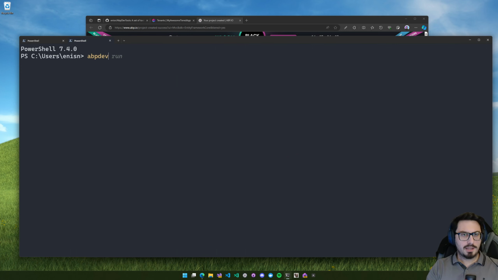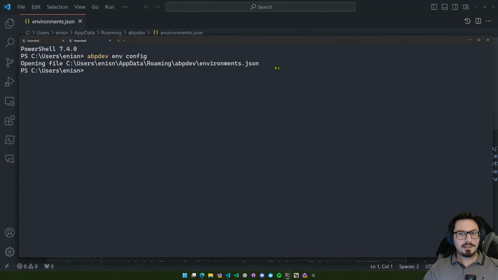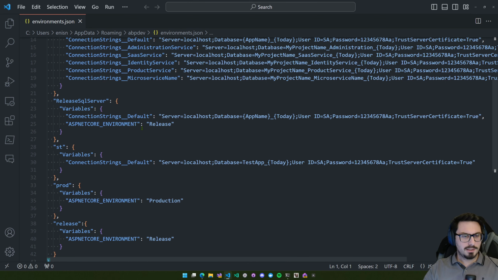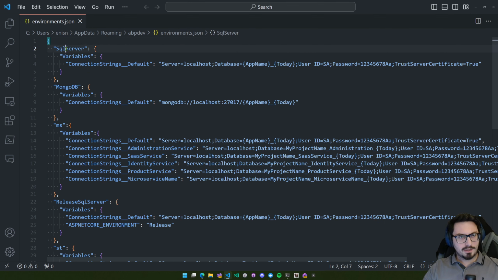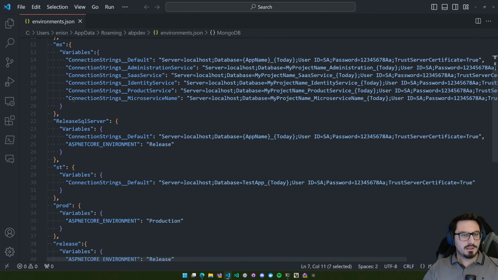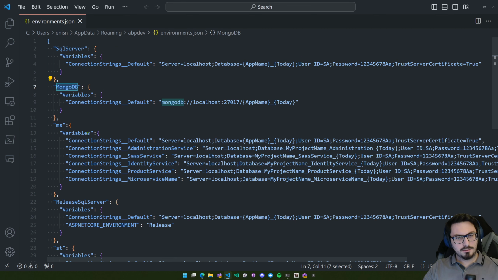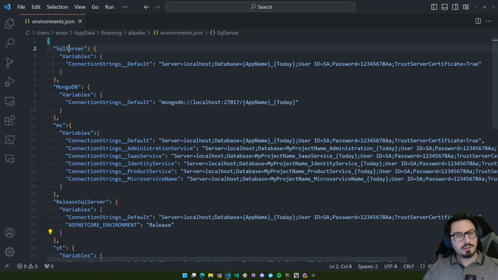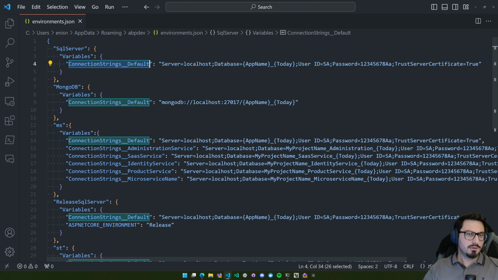So let's take a look at the abpdev environment config command. When I run this command, it automatically opens the environment configuration of my DevTools, of my local CLI settings. You can see this is a simple JSON file and it has objects in it. You can see I can create a lot of environments here. I have already created some for my own purposes. You can see the default one, the first one, is SQL Server, and it has a connection string